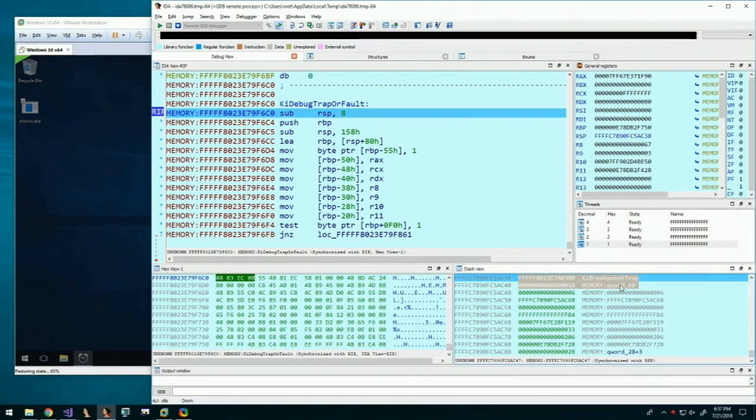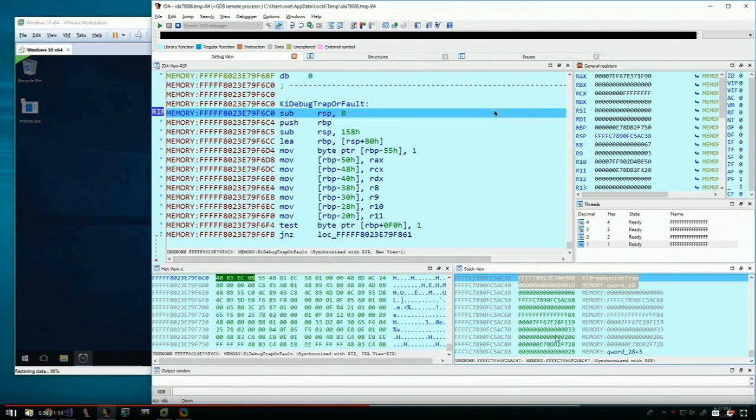You see KiBreakpointTrap is on top of the stack. And if you remember when I gave that explanation on how the CPU reacts when an interrupt fires, it puts the previous state of the processor on top of the call stack at the point of the exception. So KiBreakpointTrap is apparently the cause of the int1 exception, which is great because that means it's coming from kernel mode. It's actually coming from kernel mode even though we caused the behavior to occur from a user mode program. We ran an int1 from user mode, but we actually delivered it in kernel mode, and that's the